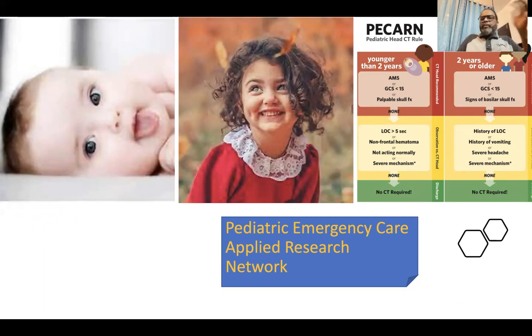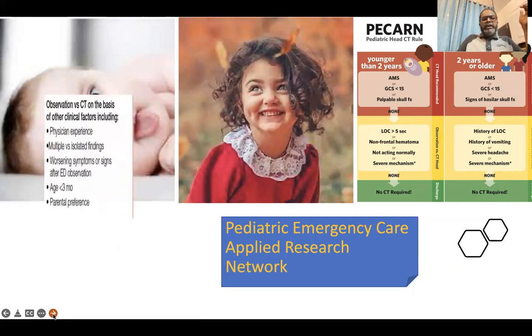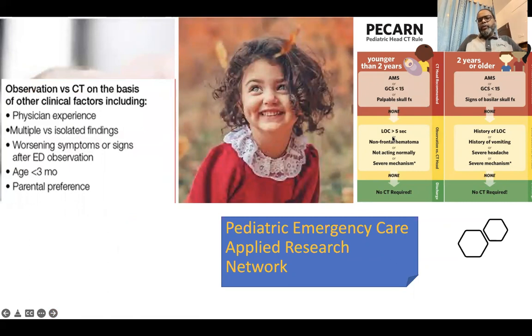But for an age above 2 years, the GCS and AMS criteria are the same. Rather than looking for a palpable skull fracture, you look for any signs of basal skull fracture. If any one of these is present, again you should go for a CT scan. If this is not there, then next, if the patient is less than 2 years, you look at whether the LOC is more than 5 seconds, or there is any frontal hematoma, or the child is not acting normally, or there is a severe mechanism of injury. If any one of these is there, yes, you have to put the patient on